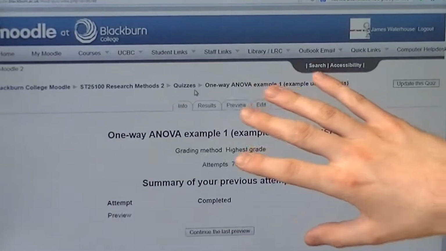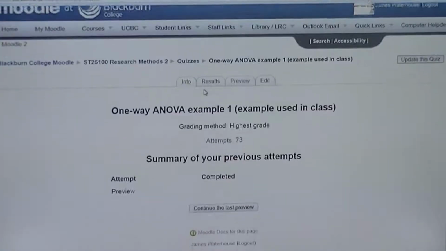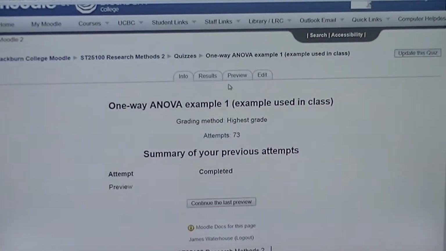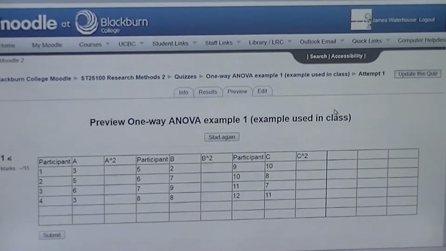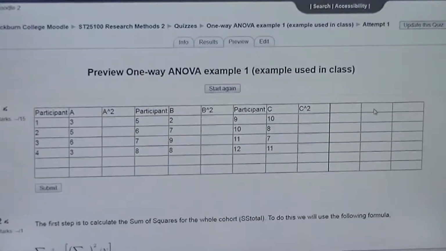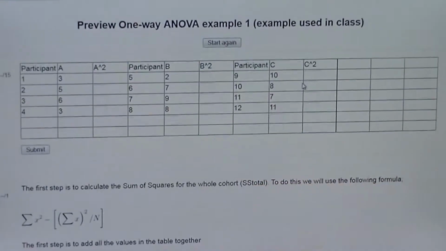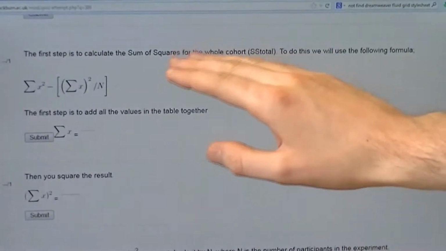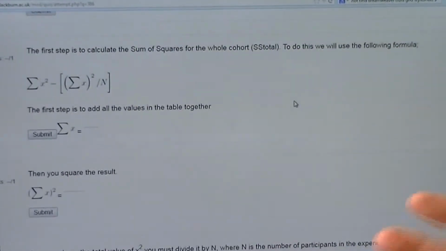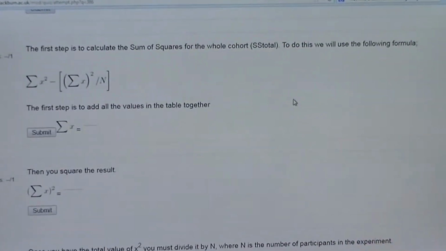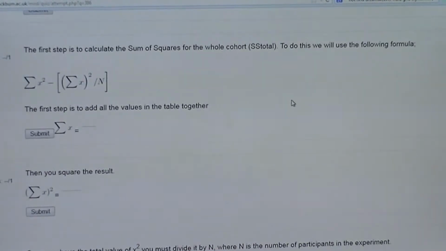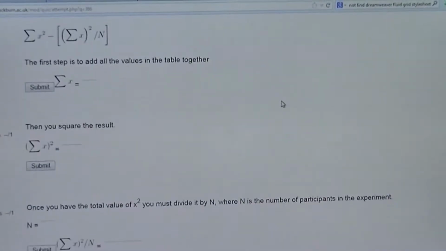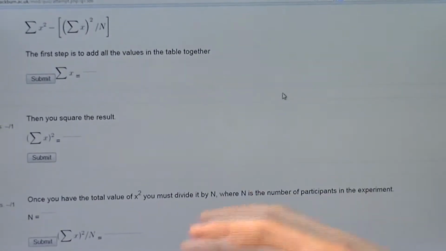So one of the other ones I've done is a more complicated aspect than the central tendencies, which is a one-way ANOVA. And this is actually designed to be used in class alongside a lecture PowerPoint, where each and every step of the equation is broken down and laid out for the students to work along. And this again allowed the students in the class to work at their own speed and their own capabilities, I suppose, and allowed me to take a more one-to-one approach,